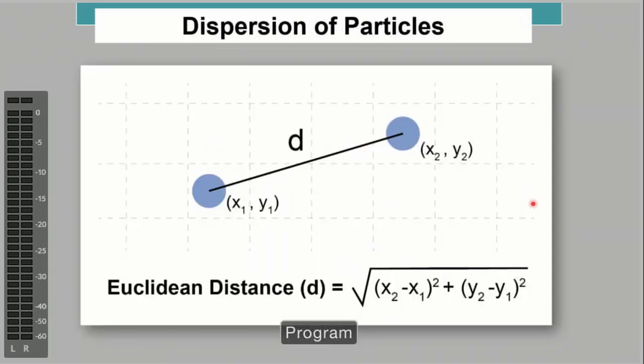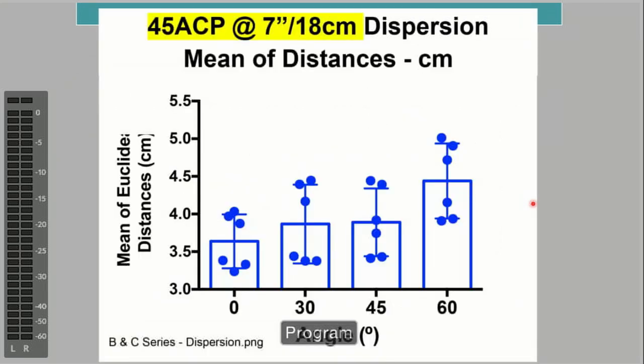Now, we also looked at the dispersion of particles by looking at the Euclidean distance between the particles. And we found the dispersion, you know, the density is the amount of particles per particular area. Dispersion is the distance between different particles. And the mean dispersion of the particles varies quite a bit, as you can see. This is a 45 degree,